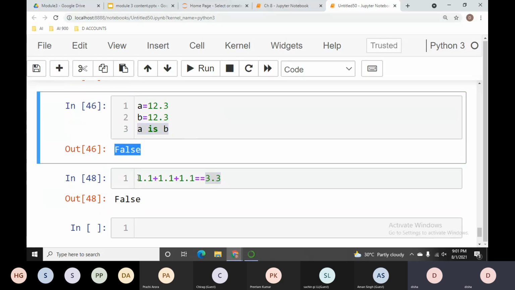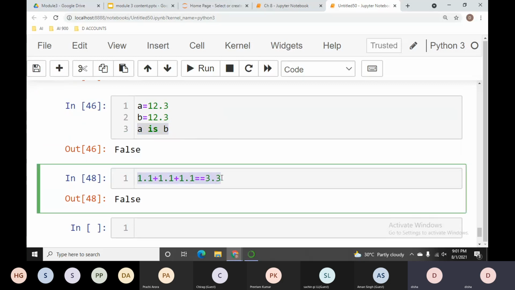Even when I'm checking my equality conditions, looking directly at my statement, this is just 1.1, 1.1, 1.1, and the result should be 3.3. But no. Internally, the sum on the left operand gives up to 15 digits after the decimal, but here it's only 3.3, which means both are different. Okay, so just keep that in your mind.